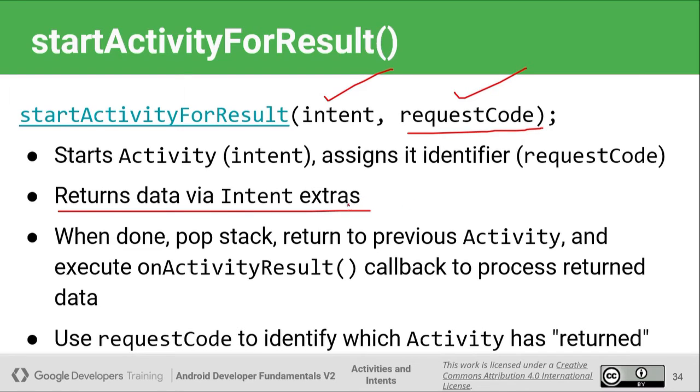As you can see, we are using the pop stack method, because stack is a data structure that is used behind the scenes in activities. So when done, pop the stack, return to the previous activity, and execute the onActivityResult callback to process the returned data. This is the way with the help of which we can return data to the calling activity. Use the request code to identify which activity has returned, and the result, either OK or cancelled, etc.